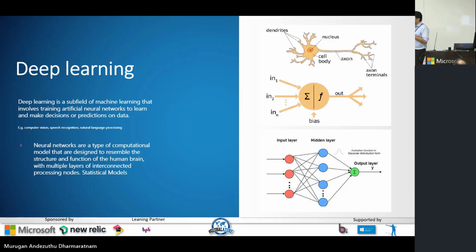Only once a certain threshold is reached, it will actually fire an output, and the signal is transmitted to other neurons. And the signal received from each neuron is different, right? This is basically a mathematical model of a human neuron, where you have a set of different inputs. You have a function that determines whether the output should be generated or not. And this is basically a neural network where you have the input layer, hidden layers, and an output layer.